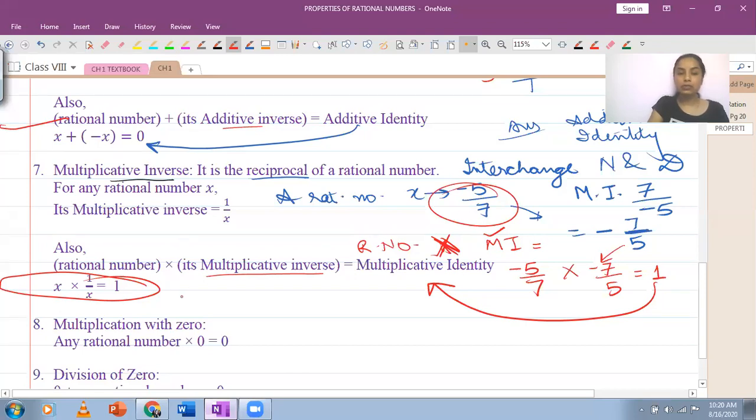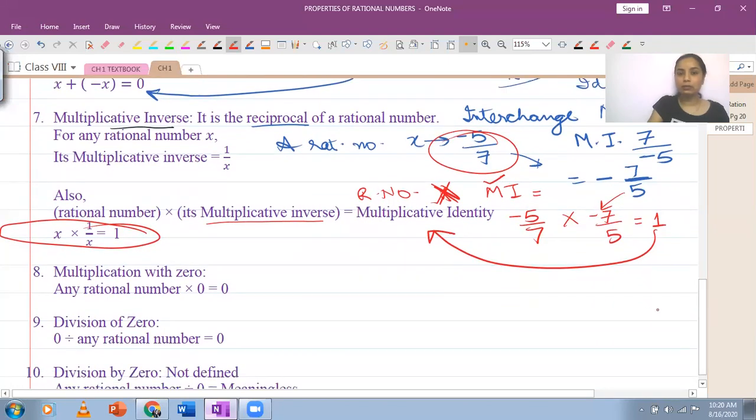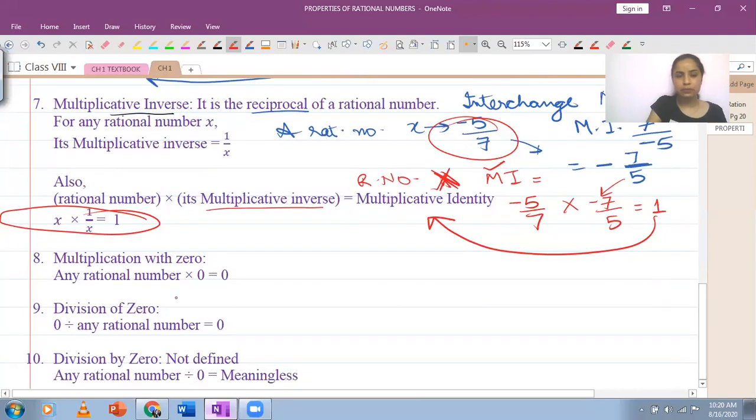This is something which can be asked in the form of blanks or in the form of true false or in the form of an MCQ question or an objective type question, 1 mark question. So you should be aware of these properties in that case. Other than application in the sums, इस तरह के questions आ सकते हैं बिल्कुल simple based on what a property is या फिर multiplicative inverse होता क्या है and how is it related to a rational number.